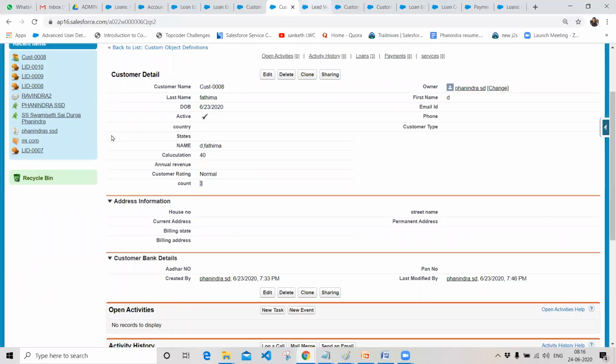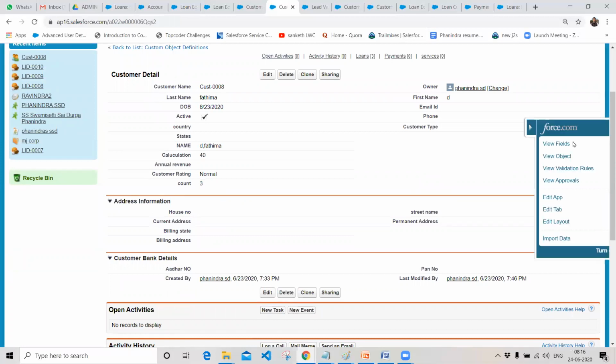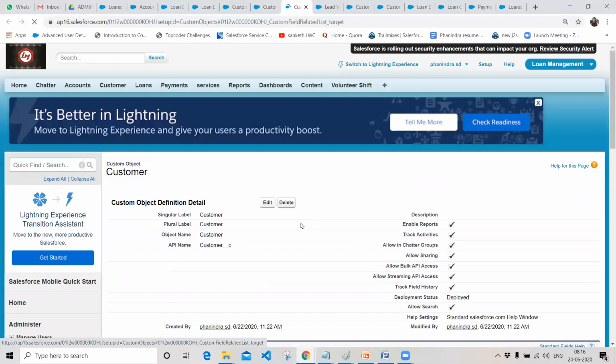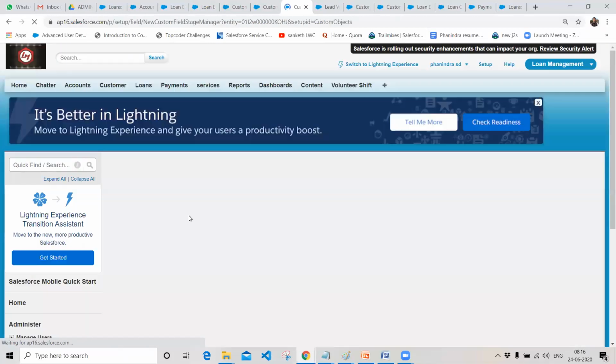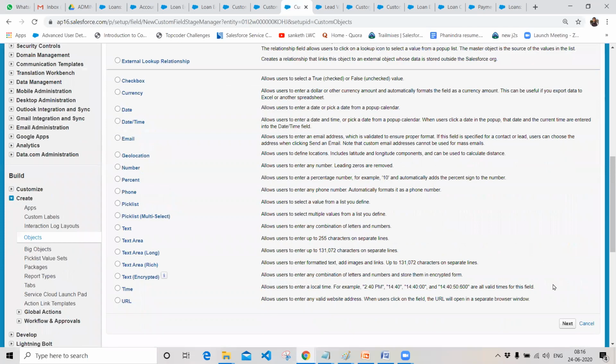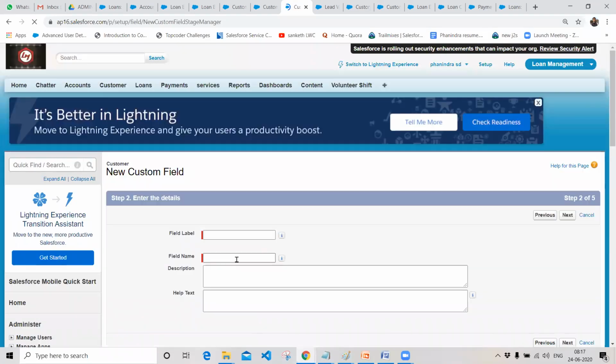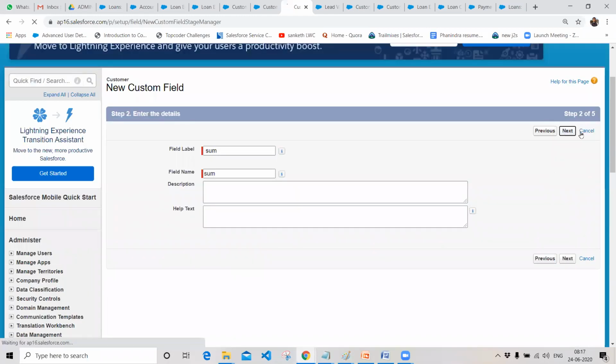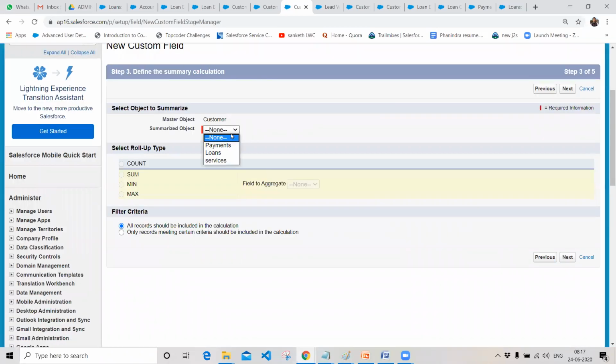And we have one more function called the sum function. Click on new, and I want to create one more roll-up summary field on my object, and click on next. This one is sum. I'm going to calculate the sum of the amounts in the fields, and click on next. Loan is my object, and I want to pick the sum. It is asking me on which field, as it has some number fields like applied amount, difference amount, duration amount, eligible amount, and sanction amount. On which field do you want to calculate this sum function? I want to calculate on the sanction amount field.